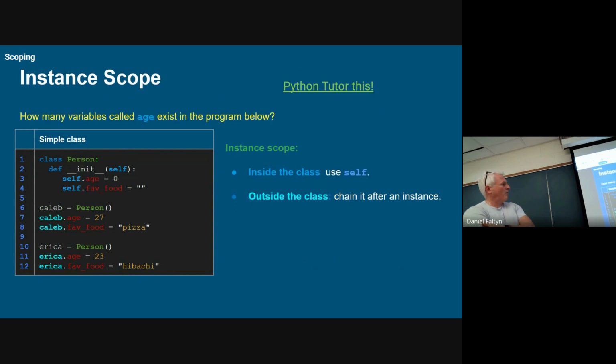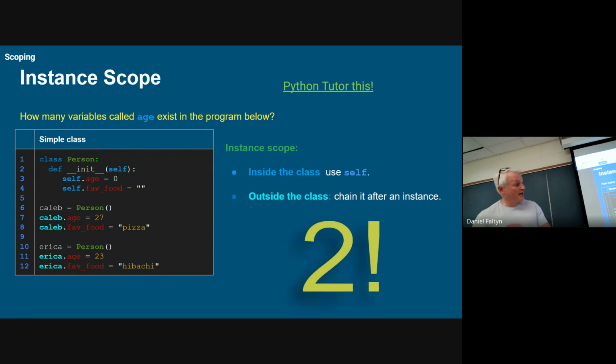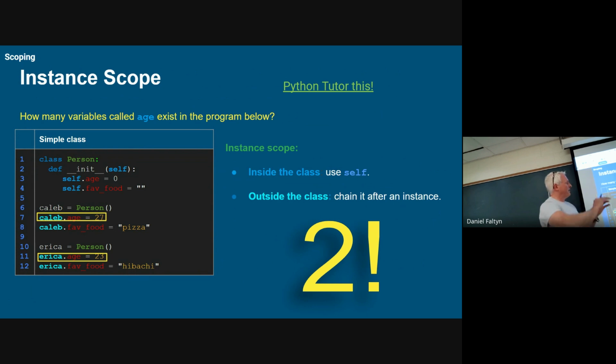Okay, so if we have this very simple person class, how many variables called age exist in here? A little bit of a trick. Is it 1, 2, or 3? 3? Yeah, it's a good guess. There's actually 2. Oh, very good. Yeah, just these 2, because this inside the constructor, if we remember, we'll step through it in Python Tutor, right? That's sort of ephemeral. It's kind of just happening as the class is being constructed, but it's literally these, right? So if I jump out to Python Tutor here,